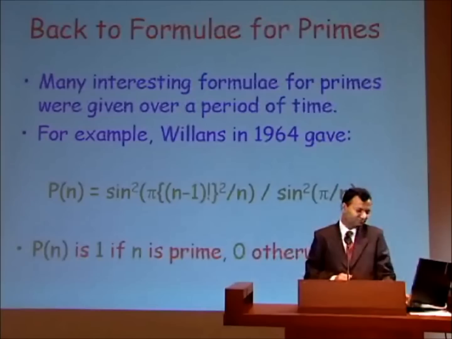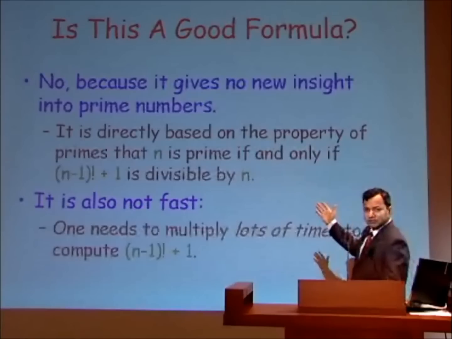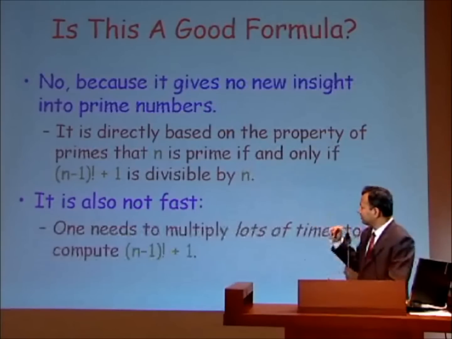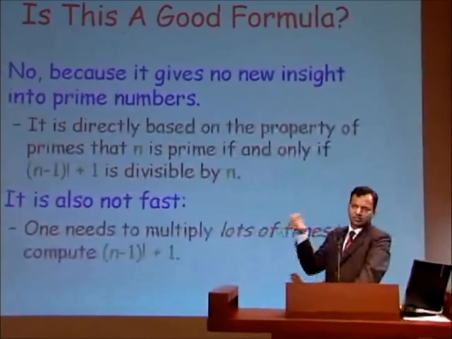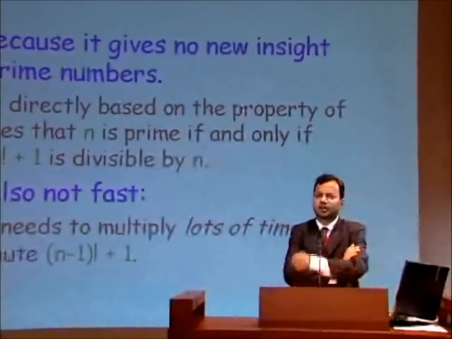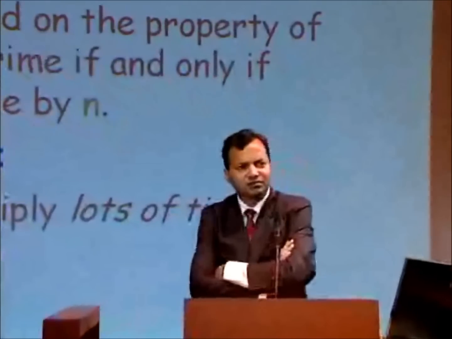Unfortunately, it doesn't tell us anything. It's simply based on the following property of primes, that n is prime if and only if n minus 1 factorial plus 1 is divisible by n. I just use this and you can realize that this formula will be the correct one. And like I said, in question 3 we have modified our question suitably to look for a fast method or fast way of determining if a number is prime. And this certainly is not one such, because here we need to compute n minus 1 factorial, which really means multiplying 1, 2, 3, 4 all the way up to n minus 1.